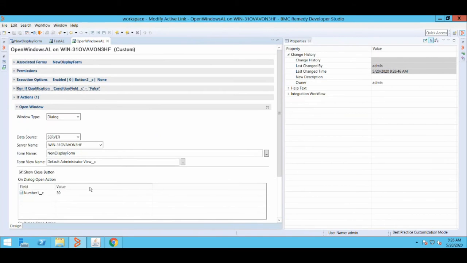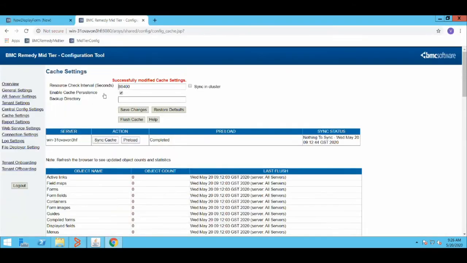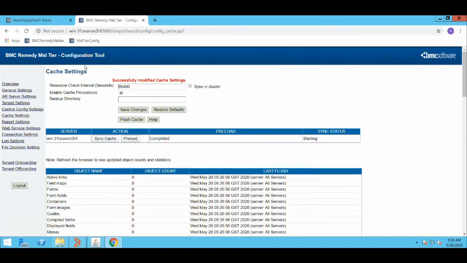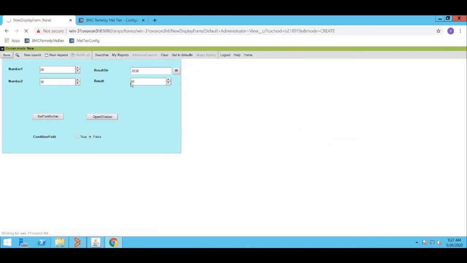Okay, but now I need to flush the cache. So let me flush the cache before I show you this. Whenever we make changes in an active link, we have to always flush the cache so that it gets updated. So let me reload this form. Okay, now you can see I have two fields where I will enter a number and 10,